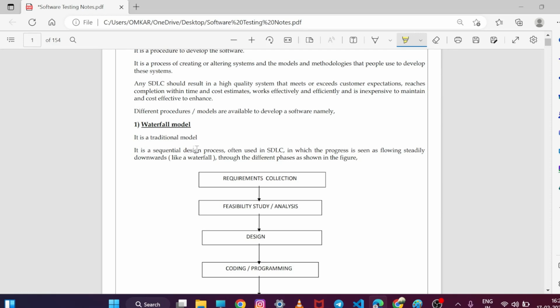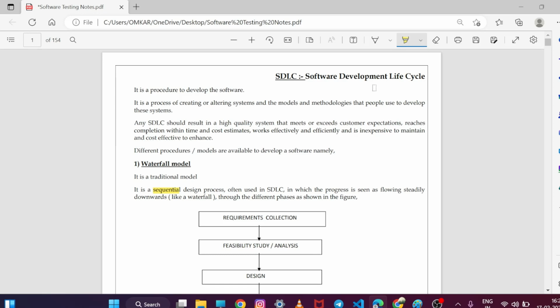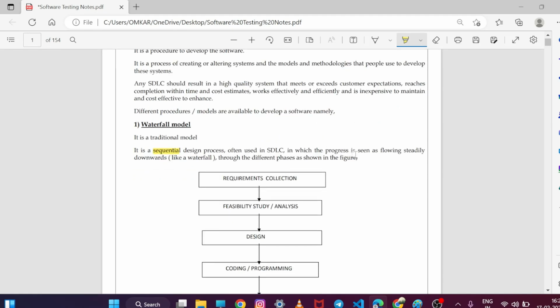It is a sequential design. What is sequential? Sequential in the sense is the process goes in a sequence. So it is known as the sequential design process, often used in SDLC. What is SDLC? SDLC stands for Software Development Lifecycle. Okay, the progress is seen as flowing steadily downwards like a